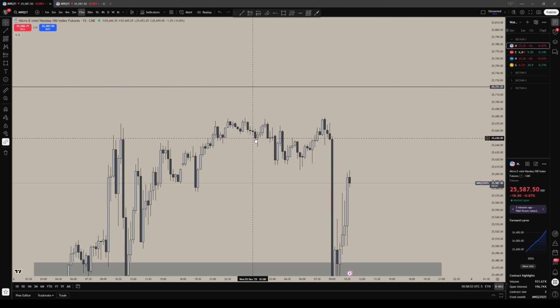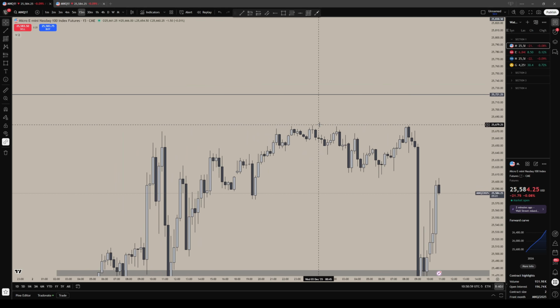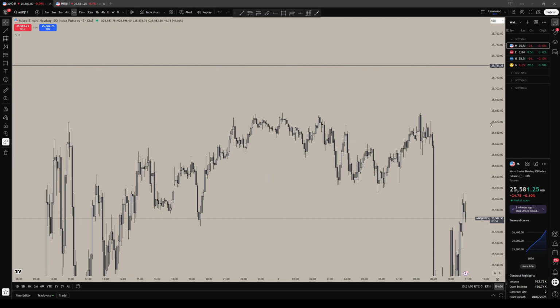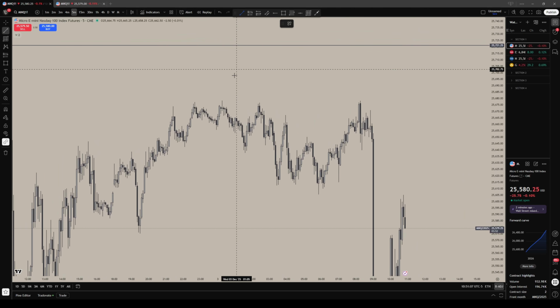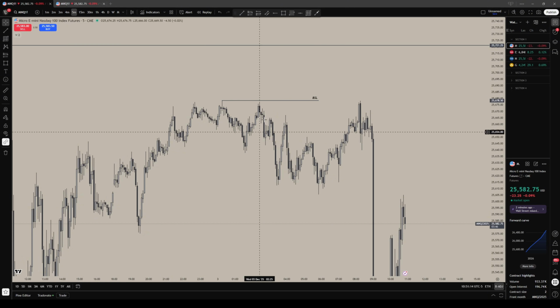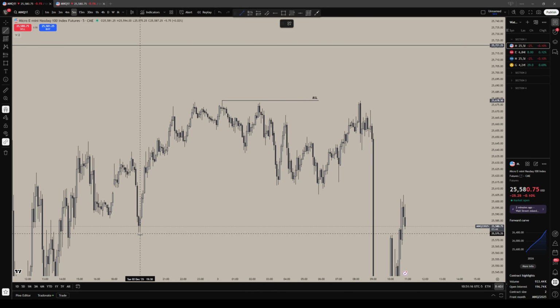So on the 15-minute, I start trading at London. I would only trade London, unless you want to trade Asia. I would trade London and I would trade New York. So if London were to start right here, I would mark out the key levels. I actually didn't like the 15 today, but 15 works fine. I would mark out this key level right here, and I would mark out this level right here.